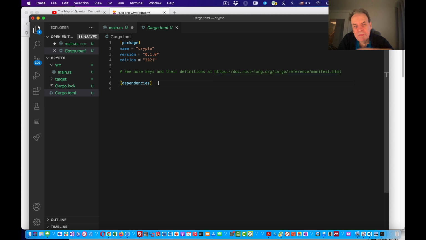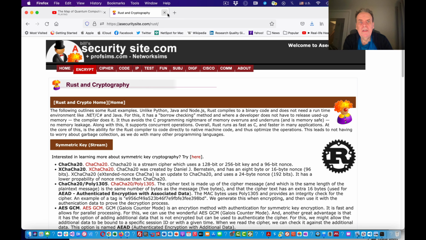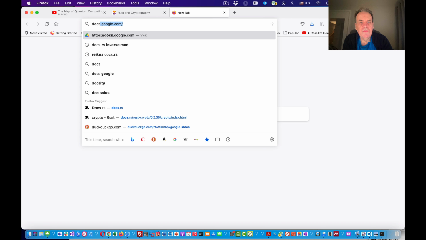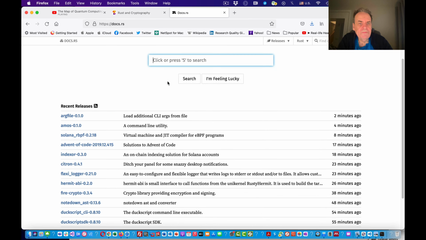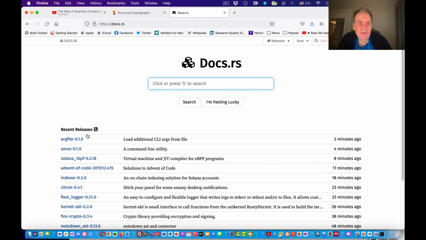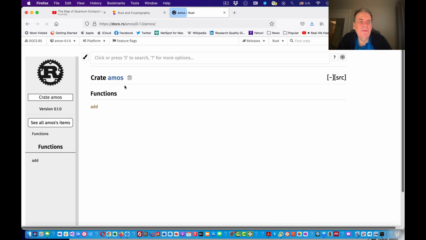But as I said, in the dependencies we'll have a version number for the crate, and we'll also have the name of the crate, and it will be downloaded. So the place that we often look for the crates is within here. Okay, so we basically find the crate that we're looking for.